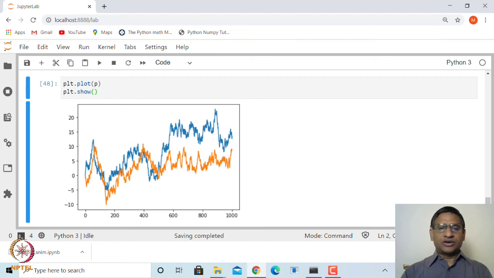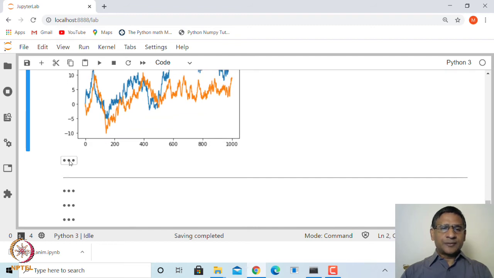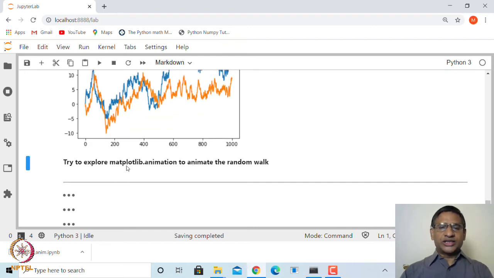So this is some kind of time series plot actually. Now you can try to explore. There is also an option to animate this random walk using Matplotlib. There is a module called animation, so you can look at that and see how we can animate this random walk.